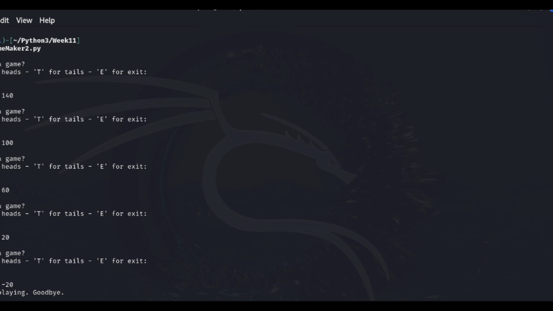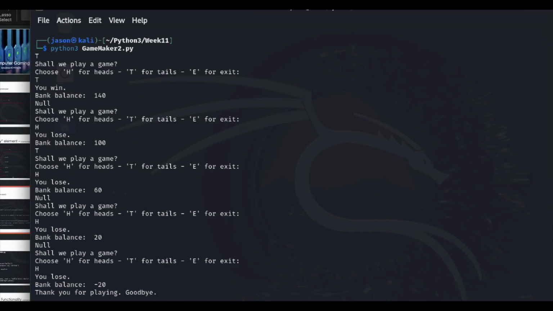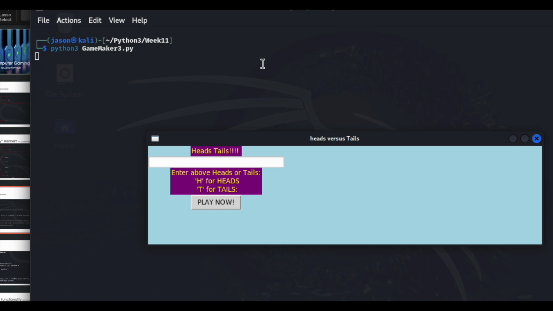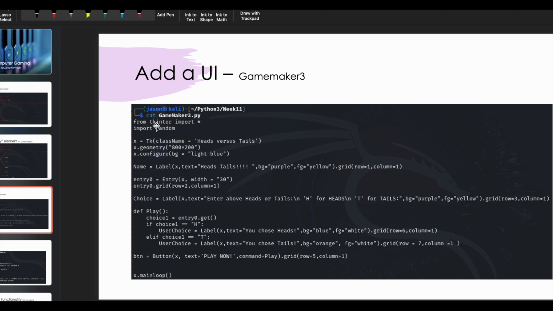Before I explain the code, let me just run it for you here. Python Game Maker 3, and it's just heads, tails. We just have a field right there, and looking at the code right here, we import the tkinter user interface module, which is nothing more than a set of classes, and we're importing the whole thing. We're also importing random right here, although we do not use random quite yet. I was just setting this up for the next game, which will employ random.